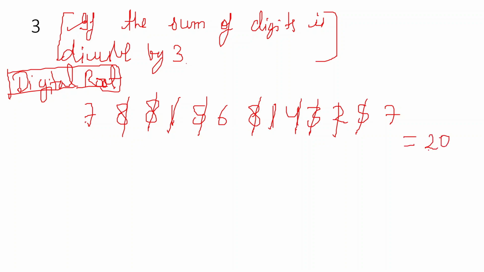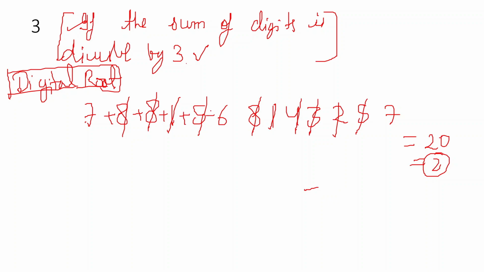20, that is 2 plus 0, 2. The digital root of this number is 2. So this digital root 2 is not divisible by 3, that's why this number is not divisible by 3. Clear? If we use the basic method that is written in the book, we can add these numbers: 7, 8, 15, 15, 8, 15, 8, 23, 15, 8, 23, 23, 1, 24, 24, 5, that is 24